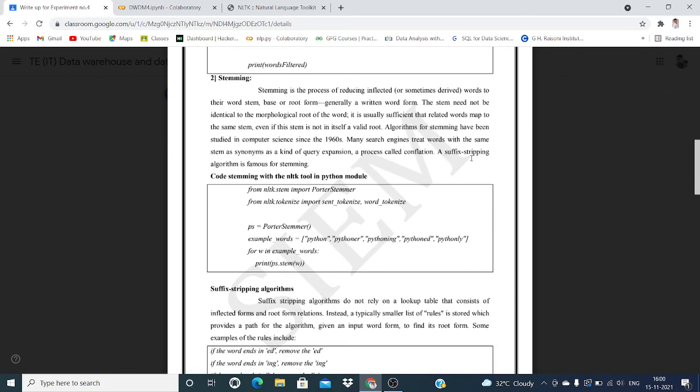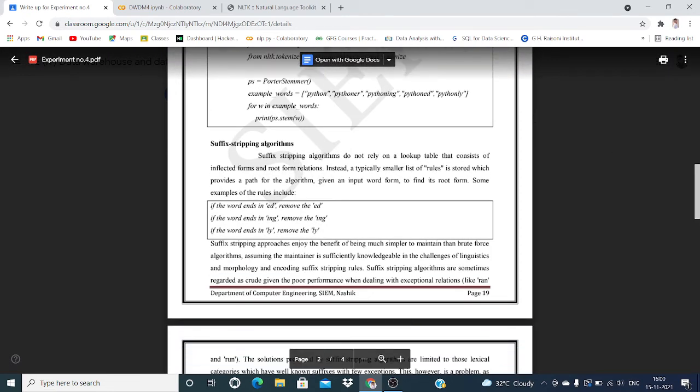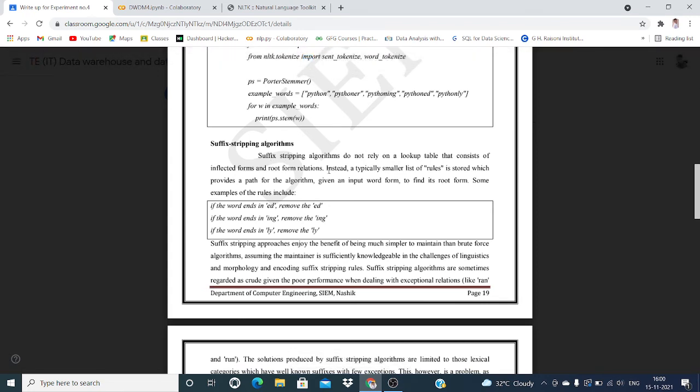A suffix stripping algorithm is famous for stemming. Code stemming with the NLTK tool in Python. Suffix stripping algorithms do not rely on a lookup table that consists of inflected forms and root form relations.